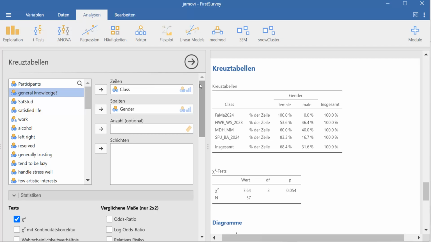So the last one is a correlation coefficient. A correlation coefficient shows if two variables correlate with each other. For example, you would assume that the IQ and the results in the statistics exam in some way correlate with each other. Or the time spent preparing for the exam will strongly correlate with the result of the exam. So this would be both measured as interval scale data, and therefore you would be able to apply the correlation